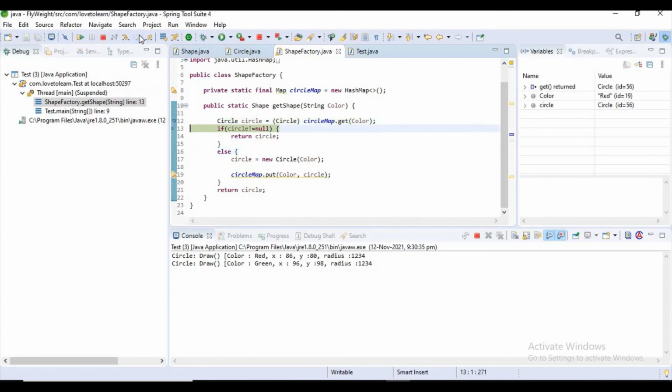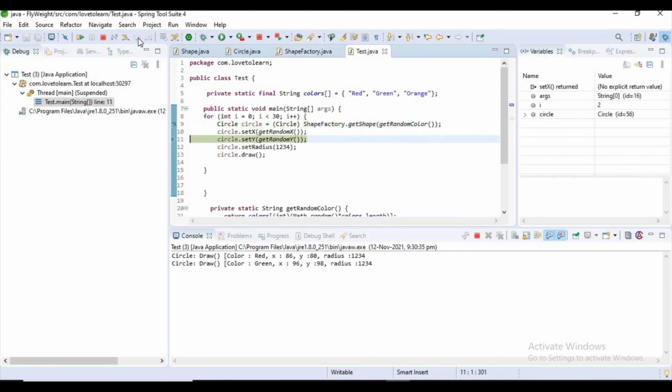So this is the flyweight design pattern. We will not create new instances, we will reuse the instances through structures like the circle map. I can say it is like a mediator. Let's consider the getShape method as a mediator. Hope you guys understood now.